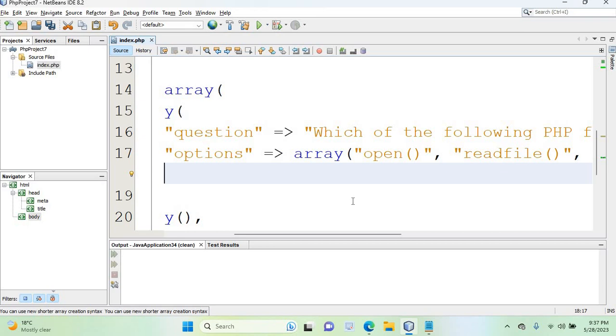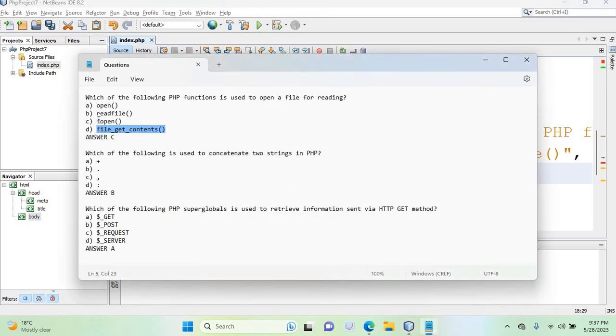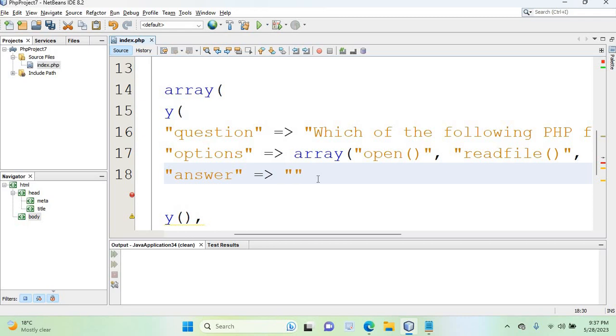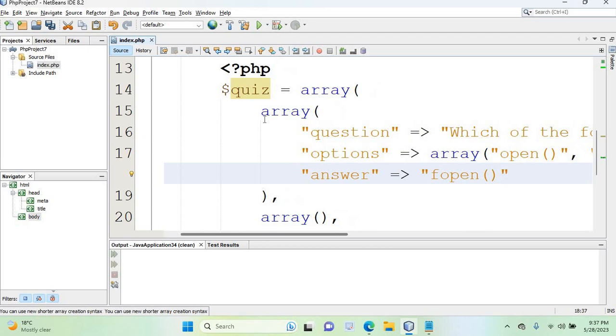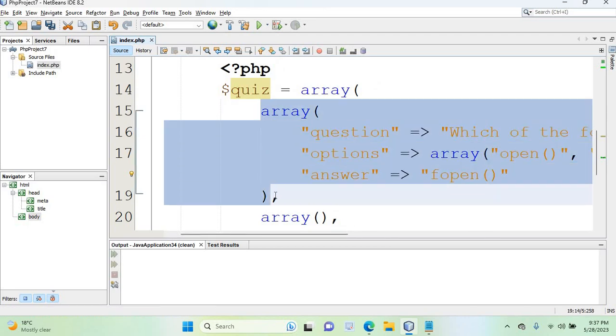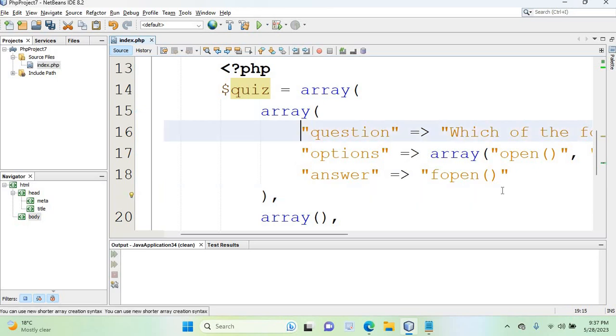After that we are going to have the correct answer, so we will name it as answer. The answer is C, C means fopen. I'm going to add that value here like this. This is the first question. In this question we are having question, options and correct answer. Likewise I'm going to add